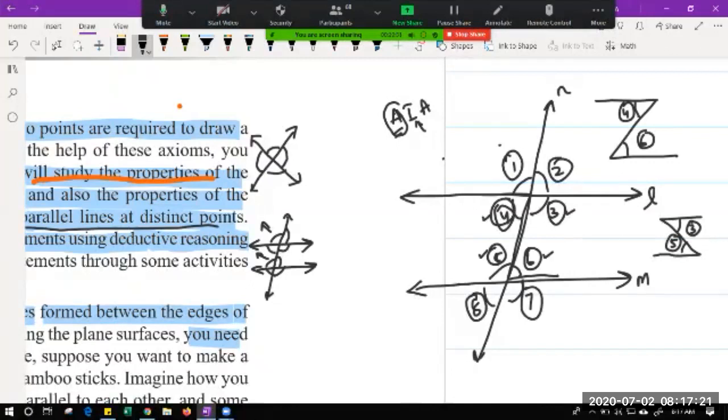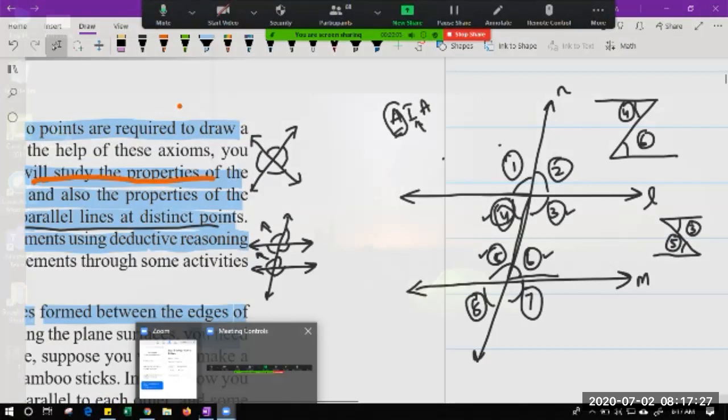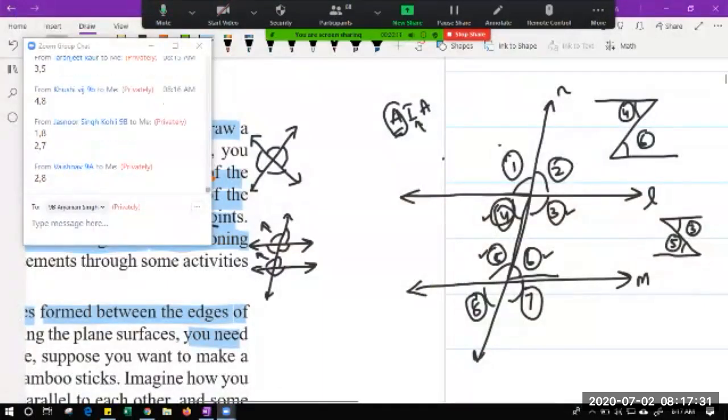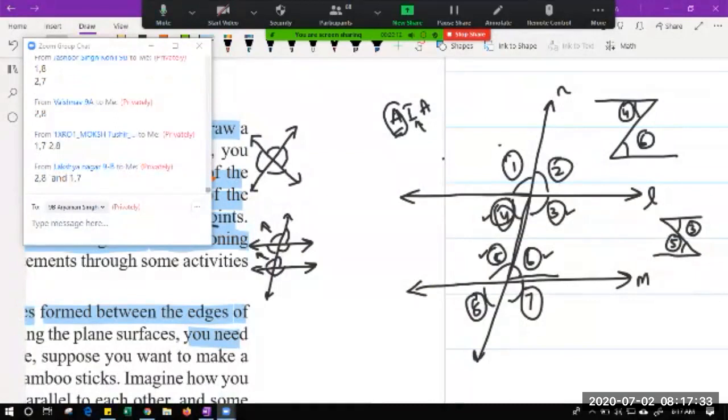Okay. Now, after discussing alternate interior angles, why are we leaving alternate exterior? Let's discuss that also. Please help me. What are the alternate exterior angles? Vaishnav is saying 2 and 8. Okay, beta. Then 1 and 7, correct, Vaishnav. Parkhi 1 and 7, correct. Mehak 2, 8, okay. Tavleen 1, 7, Bhavya 1, 7, correct, beta. Kamal Jyot. Yuvika 2, 8, 1, 7, very good. Dipanshi 1, 7, good, beta.